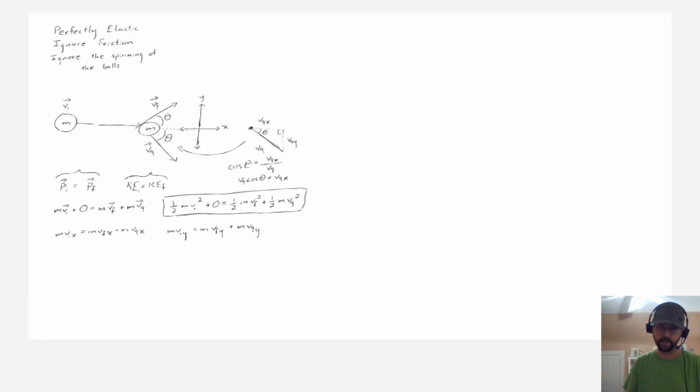That was given in the problem, and I forgot to write it down. So we'll end up with the same things on the other side. And as far as velocity initial, the velocity vector of the cue ball, it's all in the x direction and none of it is in the y direction. So when we're dealing with x, we'll have